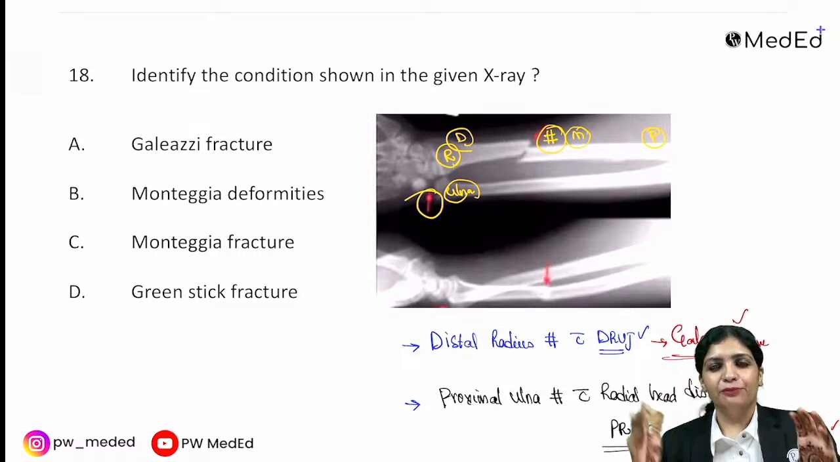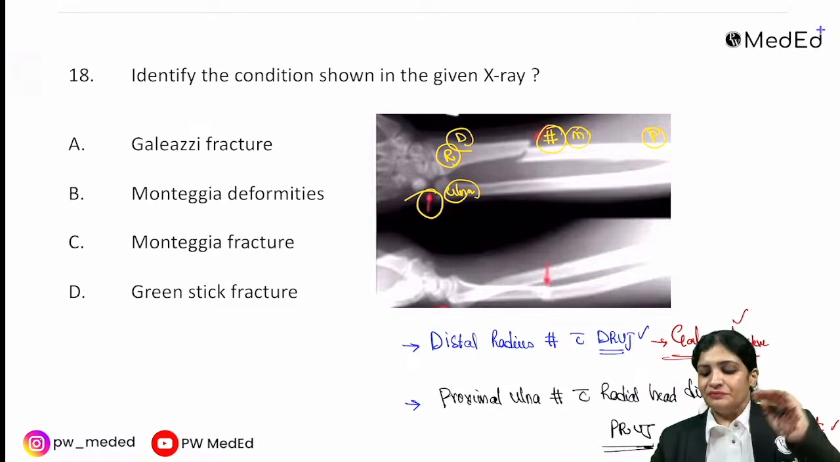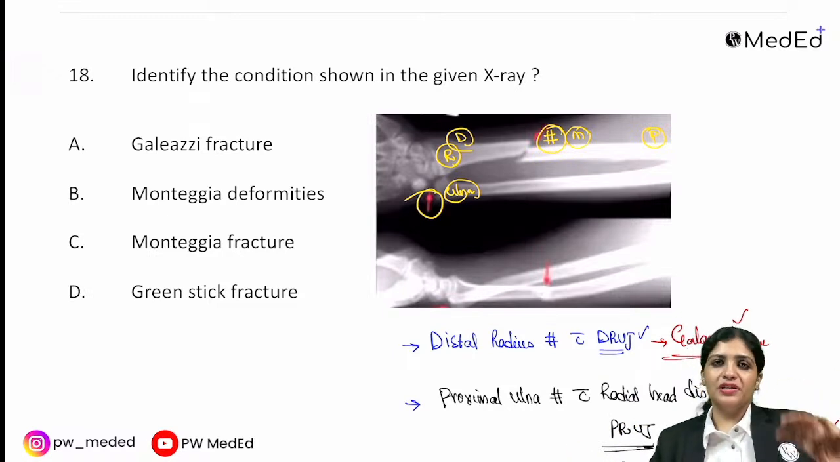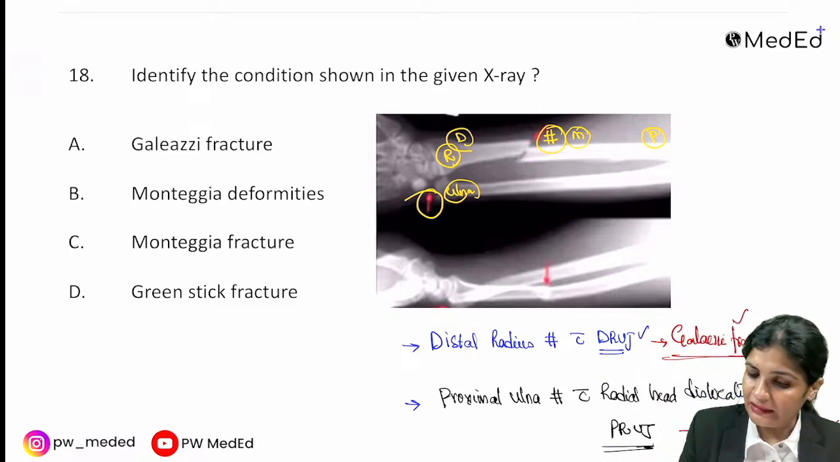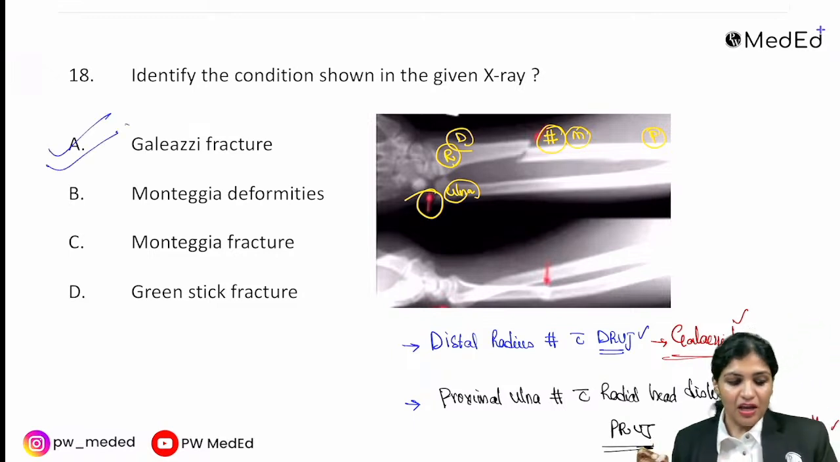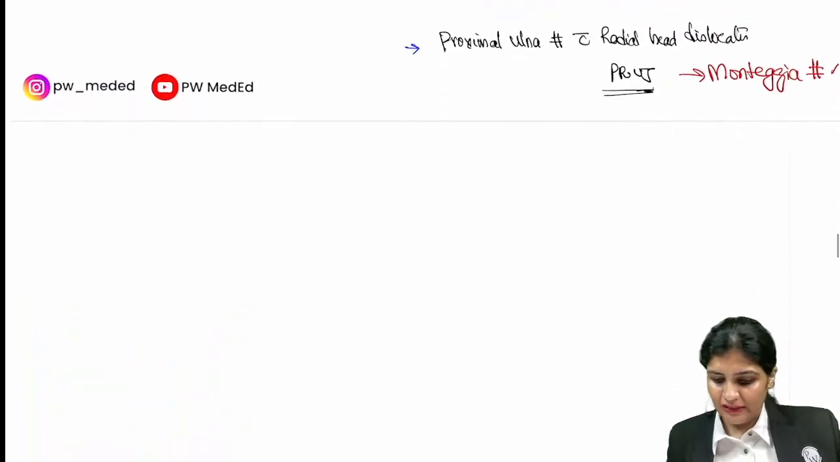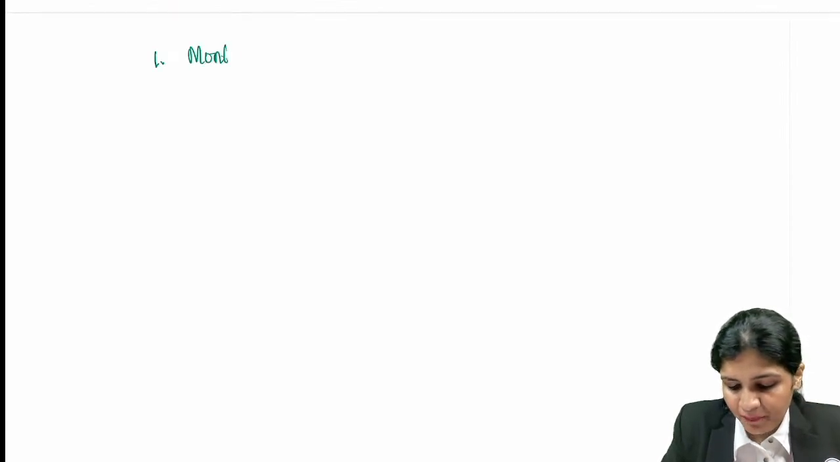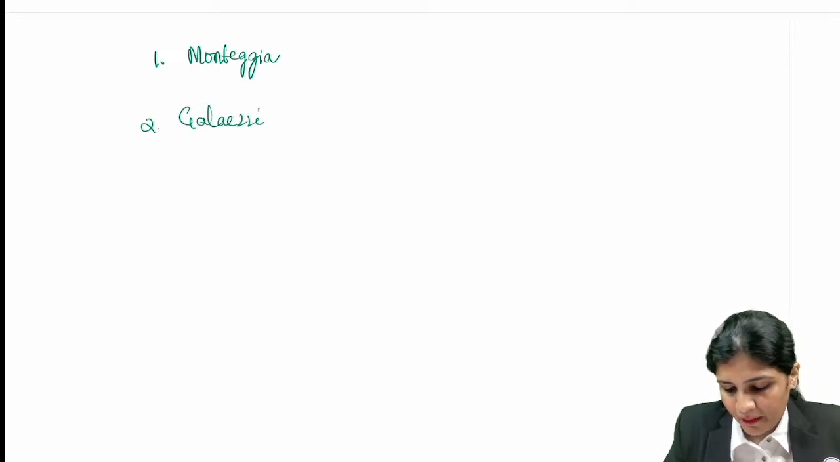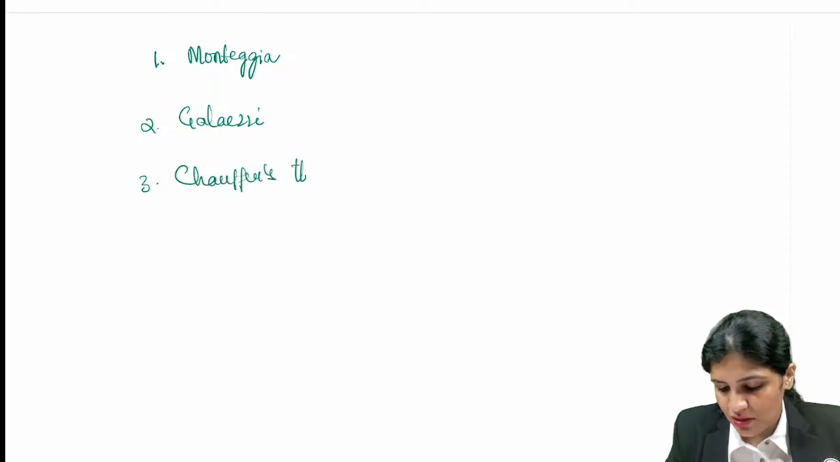Please don't confuse. Monteggia is M for medial ulna, right? And whenever there is M for ulna, obviously there is one more bone, that is radius, that is your Galeazzi fracture. So here you answer it as the Galeazzi fracture, right? So this is about the fractures in the forearm bones. Two important fractures. Actually, we can say four important ones. First we have discussed Monteggia, where there will be a radial head dislocation, then there will be a Galeazzi fracture, and you have your Chauffeur's fracture. What is Chauffeur's fracture? The radial styloid fracture,